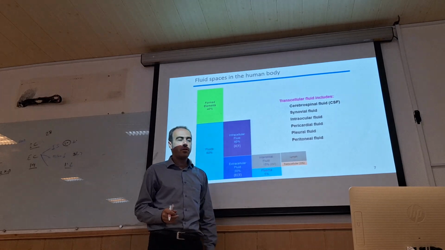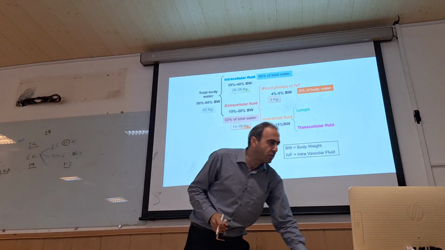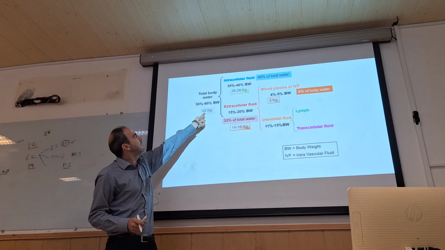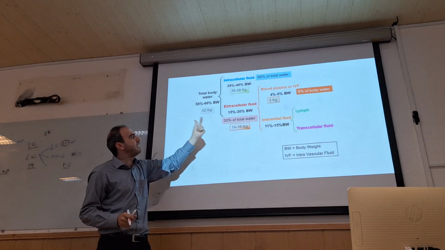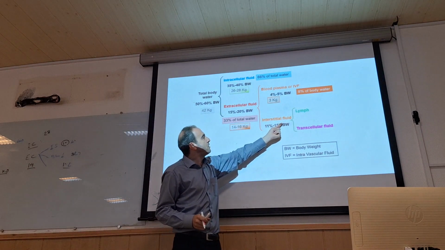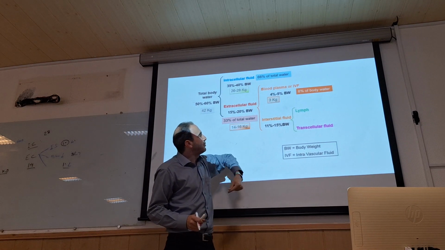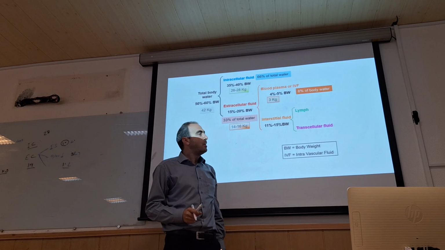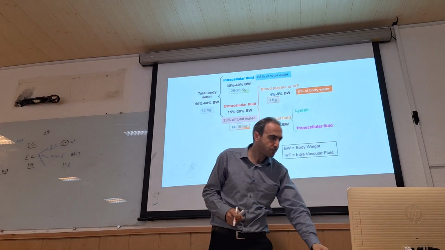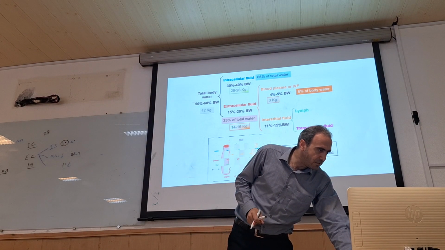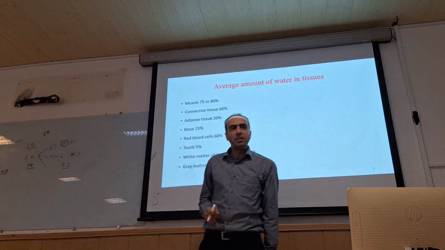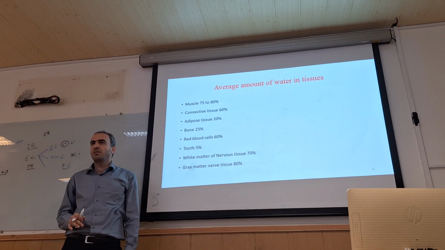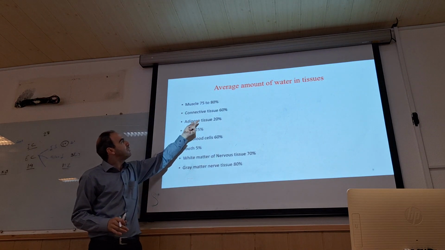and transcellular. The amount of water in our body is about 42 kilograms, which is equal to liters, it doesn't matter. Interstitial fluid is about 11 to 15, transcellular and lymph, and blood plasma is equal to 3 kilograms. So you learn them. And about the tissue, in muscle, 75 to 80% consists of water, connective tissue 60%,